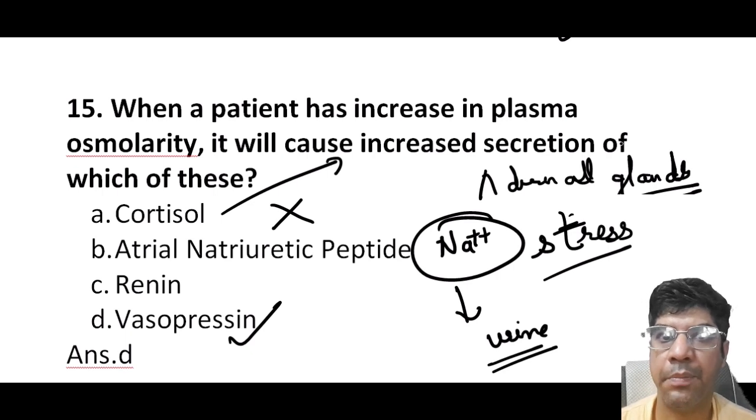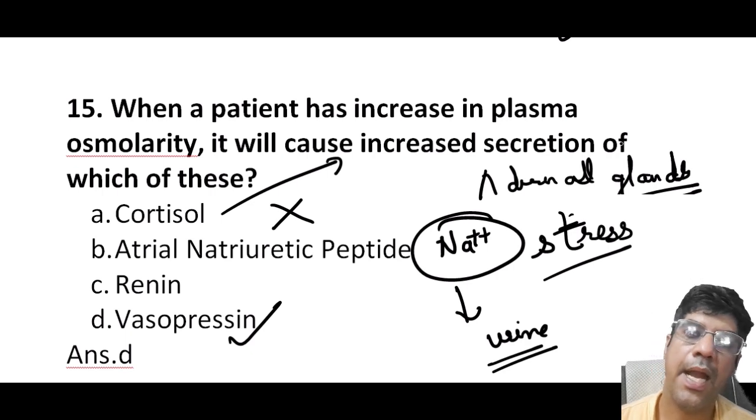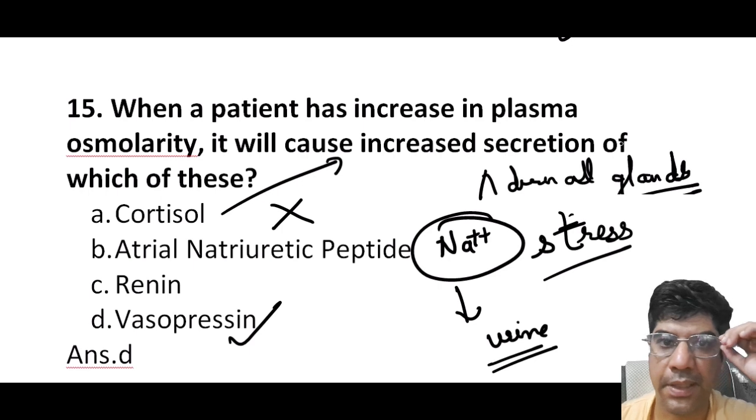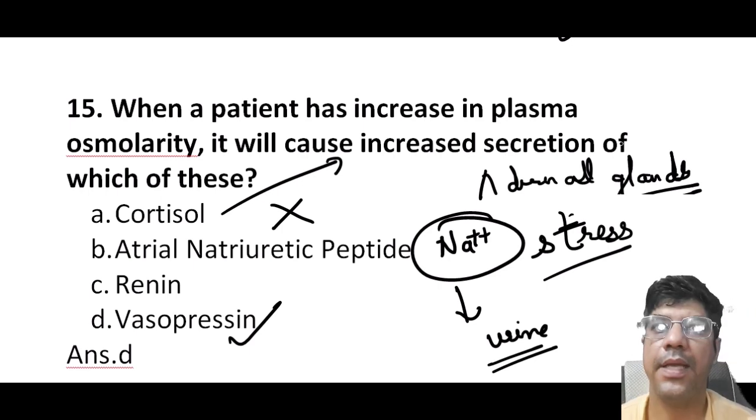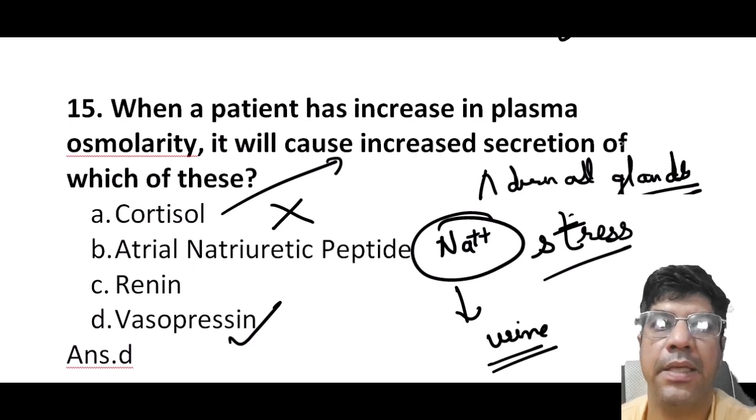So ANP promotes vasodilation and inhibits the release of renin and aldosterone, which helps to reduce the blood pressure and fluid volume. Renin is an enzyme